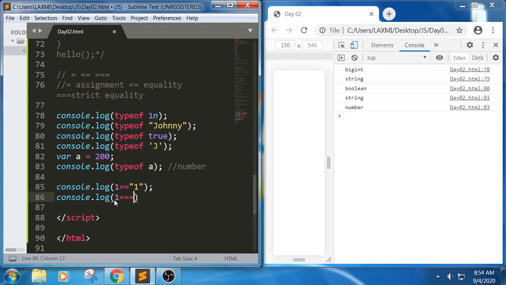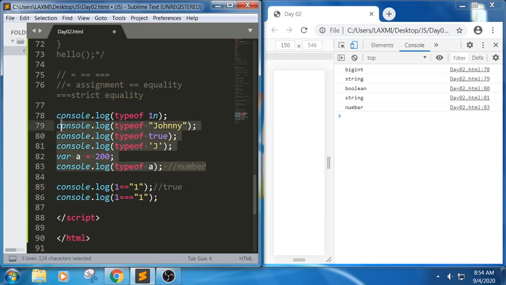You can understand, as we have discussed, this is a number. If everything is enclosed in a single quote, double quote or backtick symbol, we call it a string. So here it is 1 and here it is also 1. In equality, it will try to check the values and it will try to perform the type conversions. So here the string 1 will be converted into the form of a number, so we will get the answer as true here.